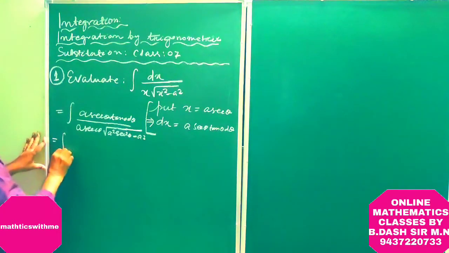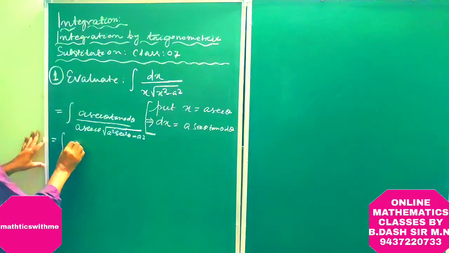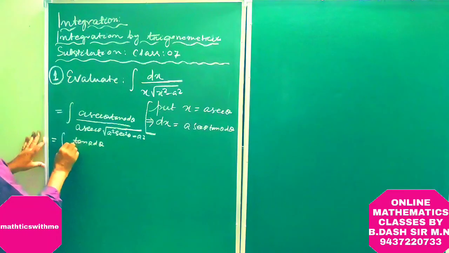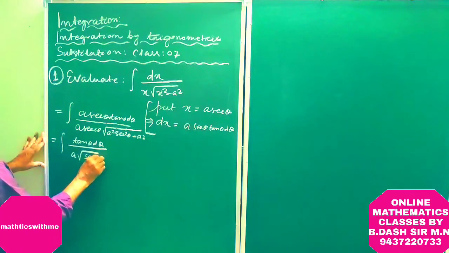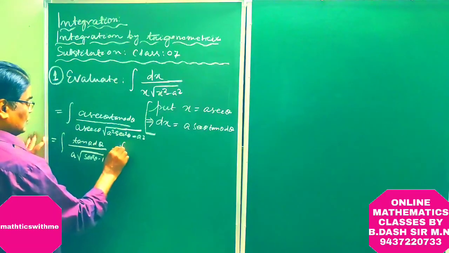This is equal to a sec theta cancels, tan theta d theta divided by a root over sec square theta minus 1, which is equal to